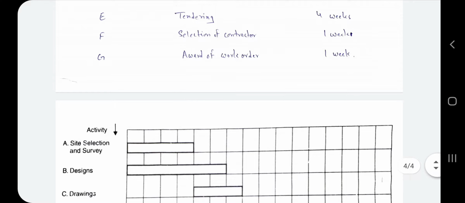Now after that comes selection of contractor and award of work order. When we do tendering, we receive some quotations. After finalizing the quotations, we give the work order to the party which gave the lowest bid. So after tendering, we select the contractor, and after that we give the work order to them.